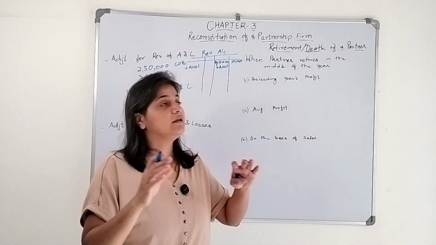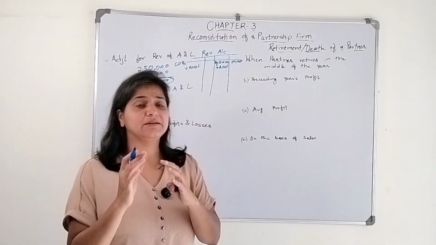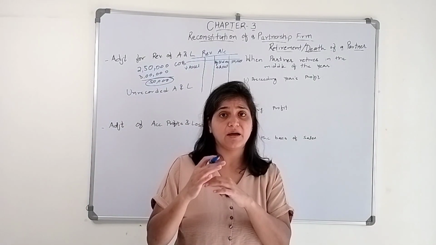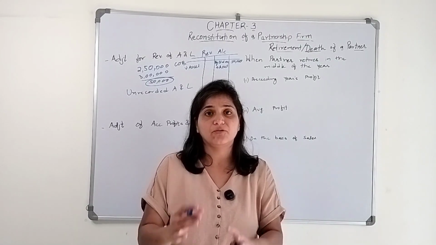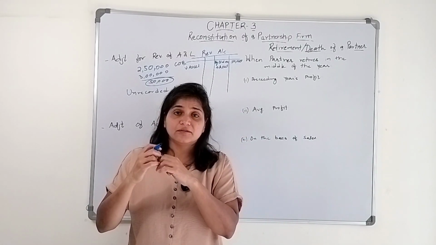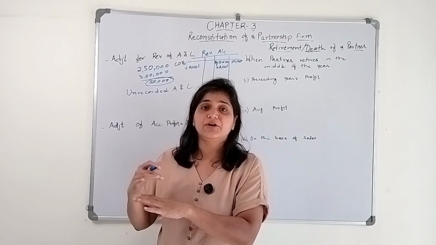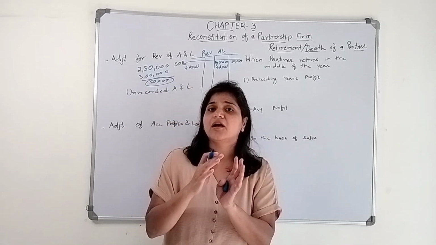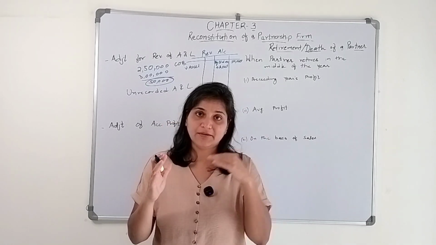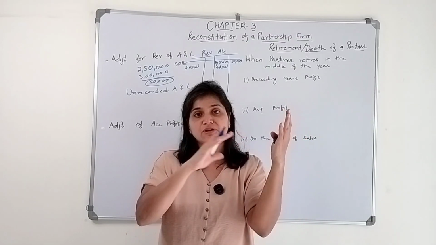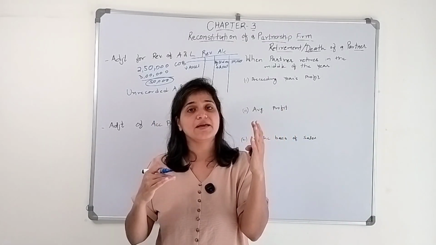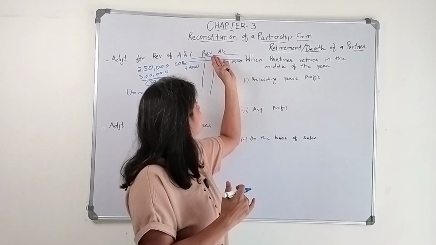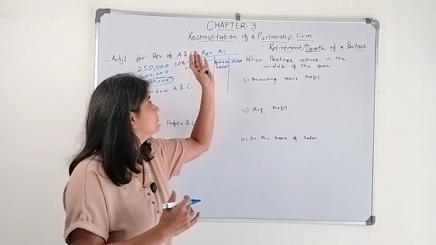Let's say in a similar case the current market value of the building is 2 lakh rupees. We need to show that building at that value. How do we record it? Building account, we need to credit it. Building has a debit balance, so we credit it to reduce its value. And we debit the revaluation account.